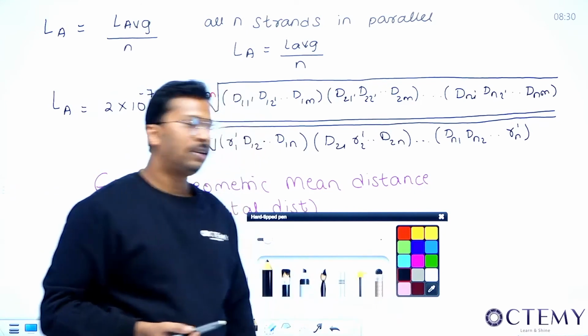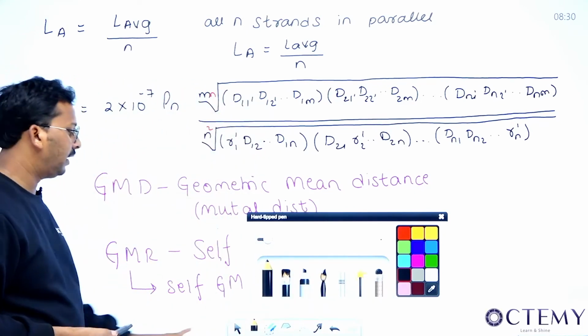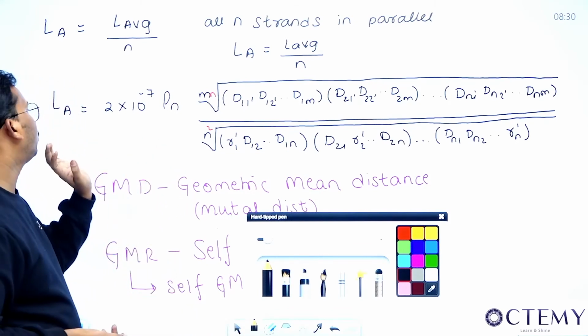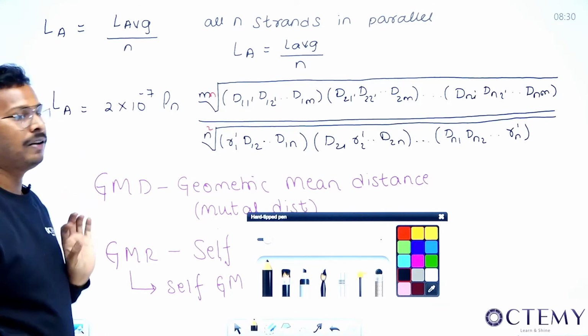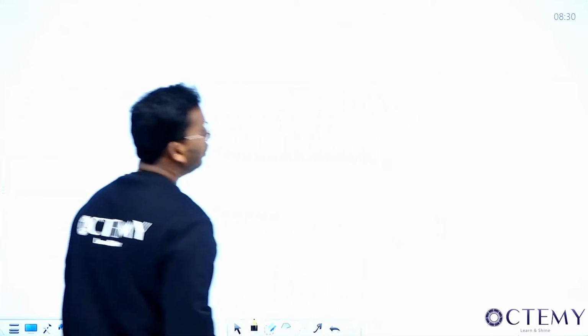Because all of this derivation we will not remember, and it is not advantageous to remember. But how did you get here? I've shown it here. So if I want to find LA, this is how you find it. Let's assume a small standard textbook problem like this.